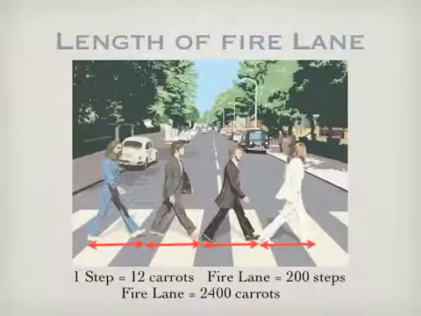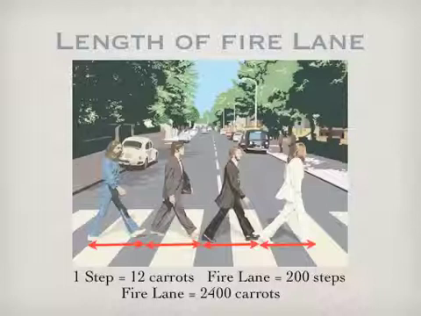The second object we had to measure was the length of the fire lane. This was a little bit trickier. For this one, I found out that one of my steps was about 12 carrots. So I walked along the fire lane, which took me about 200 steps. Since there are 12 carrots in one step, and I took 200 steps, that means the fire lane is about the same as